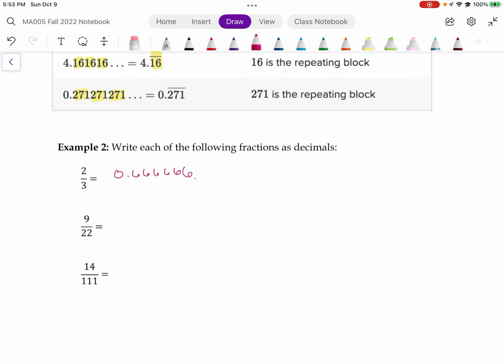So instead, I'm going to do that. I need some lines, don't I? I'm having a hard time writing straight. So this would be 0.6 with the line over it like that. Now, we could get to a place where it says round to 2 decimal places or round to 5 decimal places. We're not doing that right now. All right, the next one you would get is